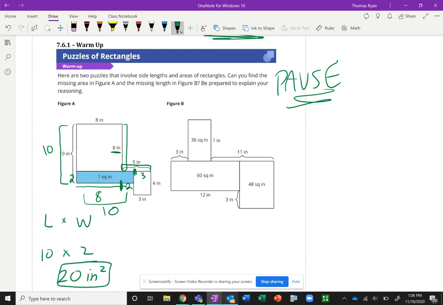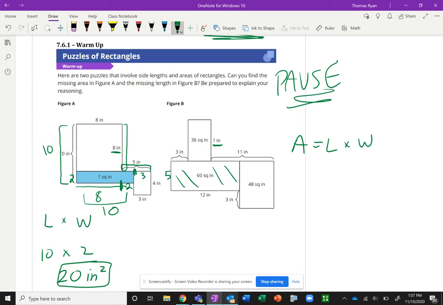Then figure B is a little trickier. We're trying to find this missing dimension here. I'm looking for somewhere where I know at least 2 of the dimensions. If area equals length times width, I'm just trying to find somewhere where I have 2 of those. I'm going to hone in on this here because I know that the area is 60 and the length is 12, which makes this must be 5,